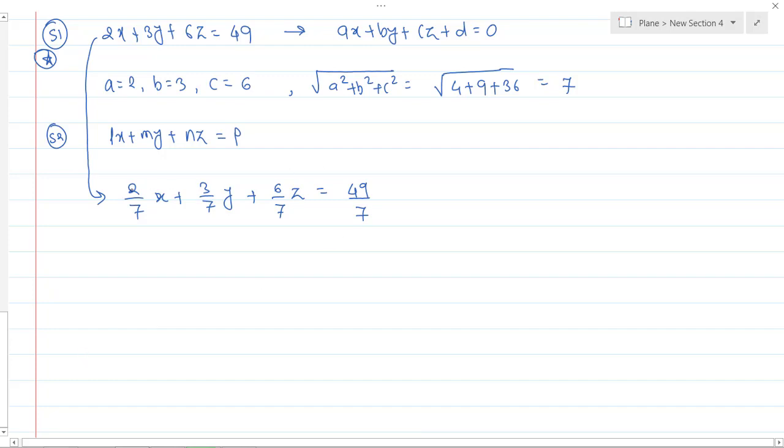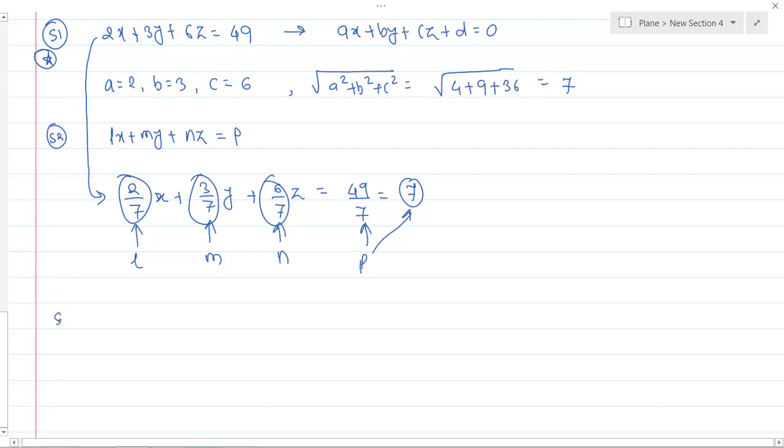Okay, so if you get the value of this, now this becomes L, this becomes M, and this becomes N, then this becomes the P. Yes or no? Of course, these are all our LMN values. These are all LMN and this is nothing but 7. So 7 becomes P. Okay.